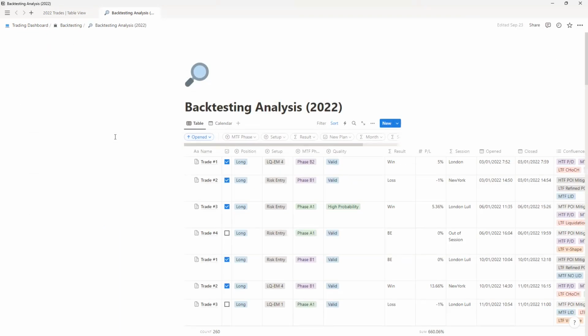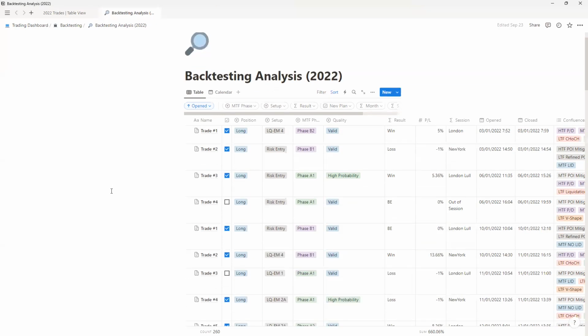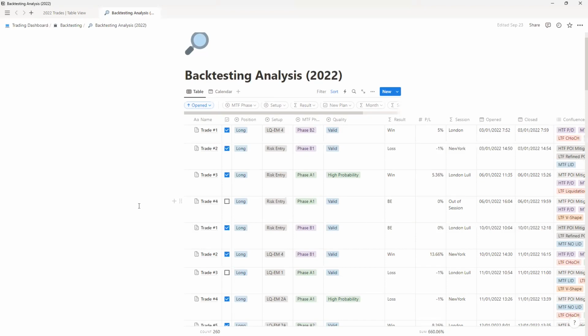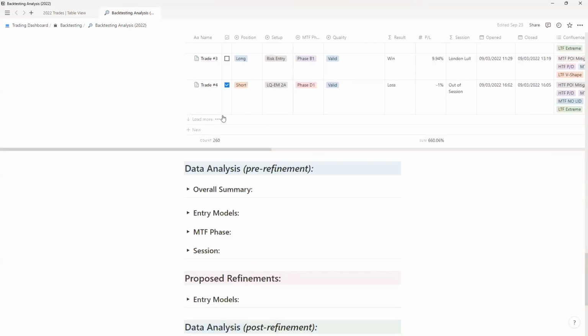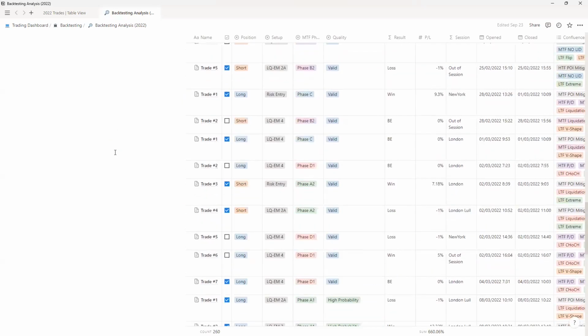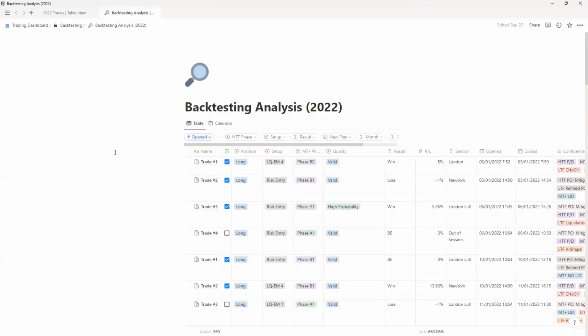So guys, this is where I conducted all of my backtesting analysis. Now, basically, this is just a table I've made that comprises all of the trades that I've taken that I was previously showing you in the monthly breakdown and weekly breakdown. This time they're all just in one single database. And as you can see down, we've got those 260 trades. So it's the exact same way. And this just made it a lot easier for me to be able to go through all of the data